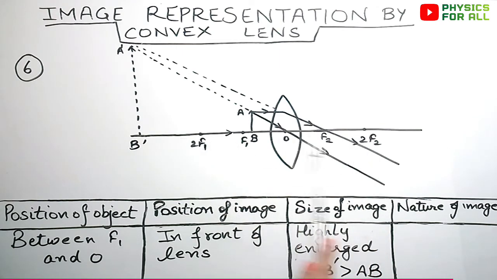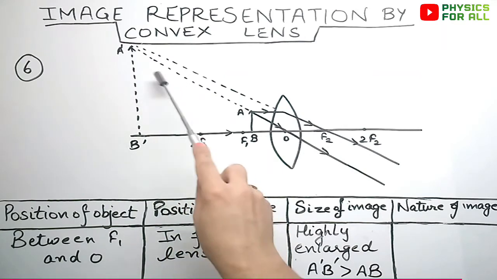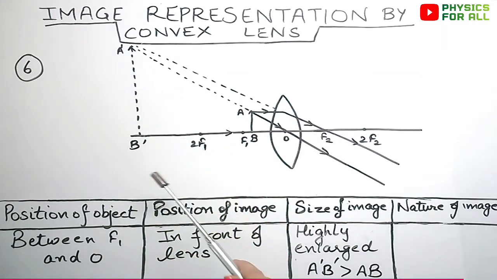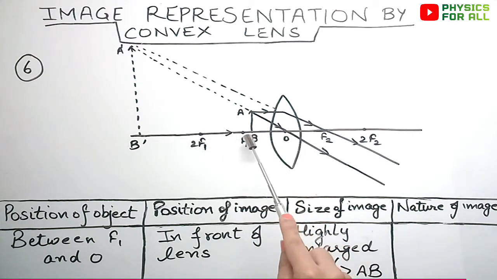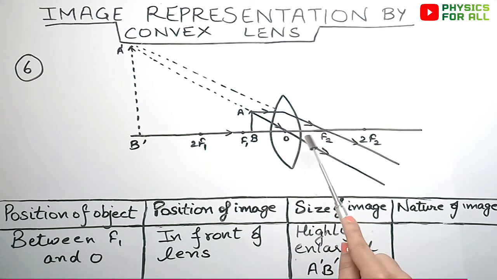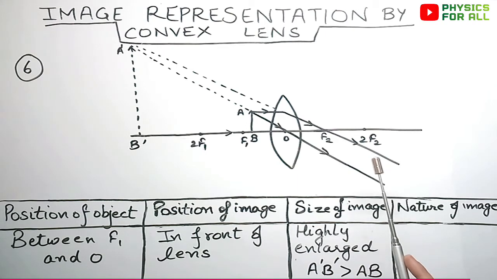Once you do this, whenever you keep your object at any place, you yourself will get the image that we have shown. You need not deliberately make your image form at a particular point. If you use your scale properly and the position of object, it will come out naturally. The image would naturally come out to be in the correct position. So you have to use proper scale whenever you draw these diagrams.